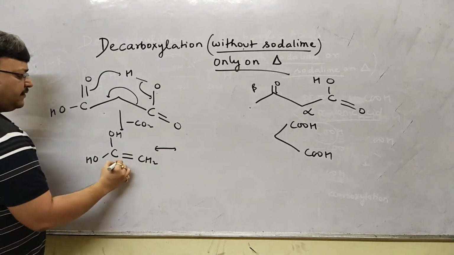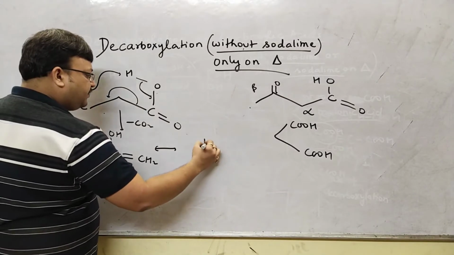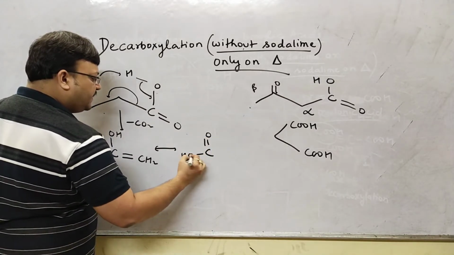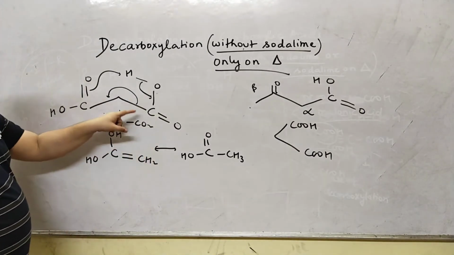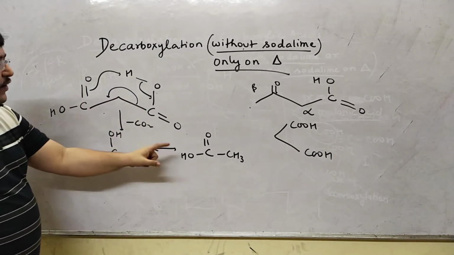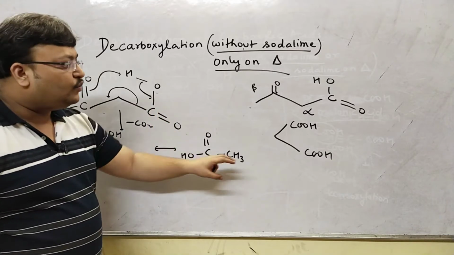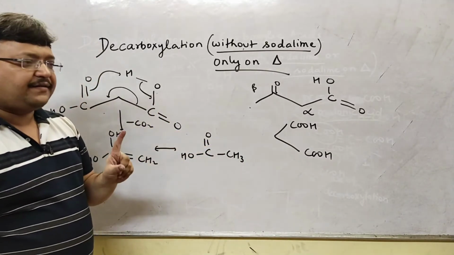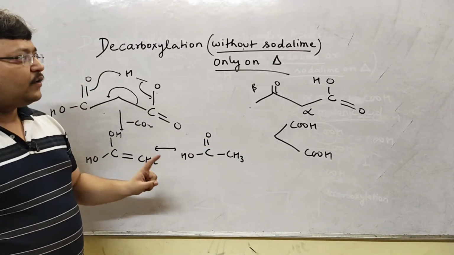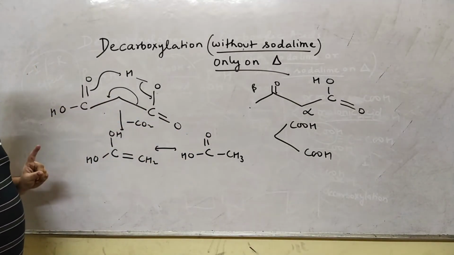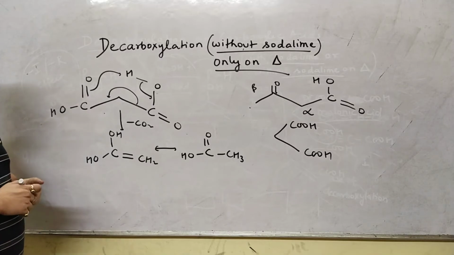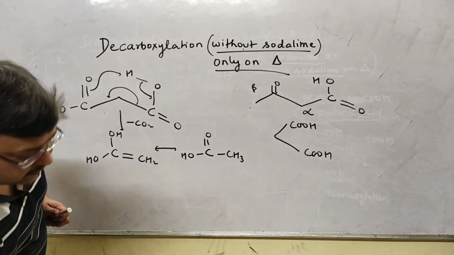Now this can also tautomerize to C double bond O OH CH3. So you see again a 1, 2, 3 carbon compound losing carbon dioxide, becoming a 2-carbon acid. You know malonic acid on heating will give you acetic acid, 1 carbon dioxide gone. I could show it for beta keto acid, I could show it for a gem dicarboxylic acid, making and breaking of bond, and I can also show it for beta gamma unsaturated acid.